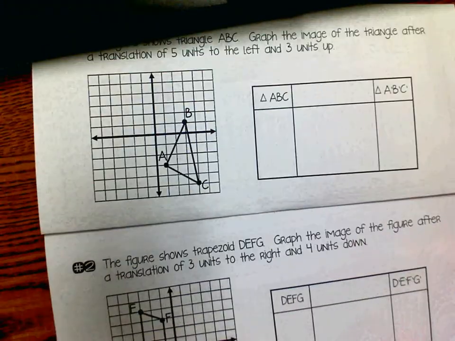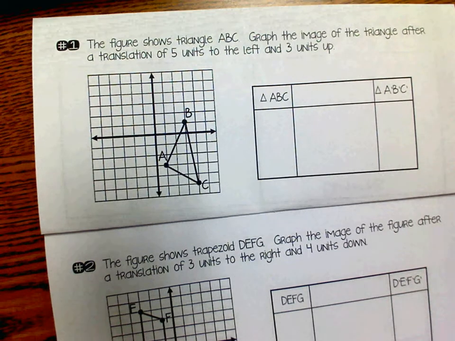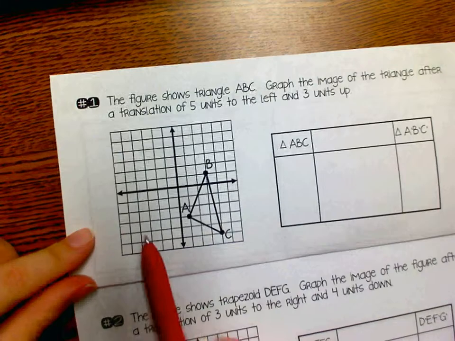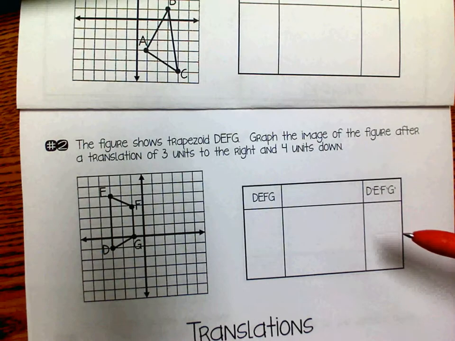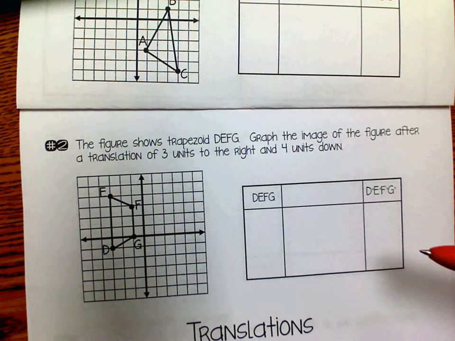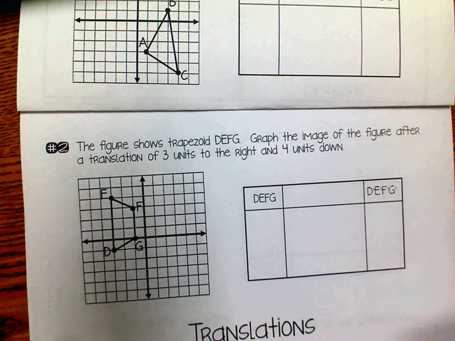Next thing we want to do is go to the translation section. Now I'm just going to do the think aloud for number 1, but you could also extend it into number 2. I'll probably have my students try number 2 on their own and walk around to see how they're doing, but that really is up to you in your class. You may want to do what we do, but I'm probably going to do what you do for that one. So for the first one,